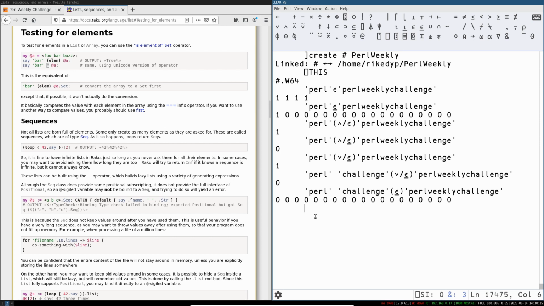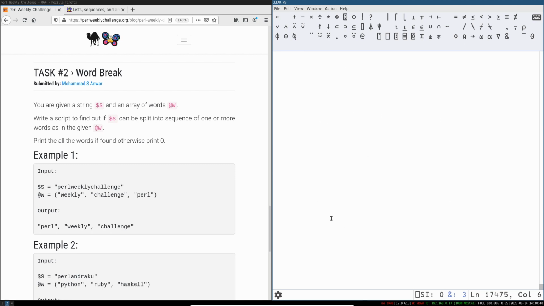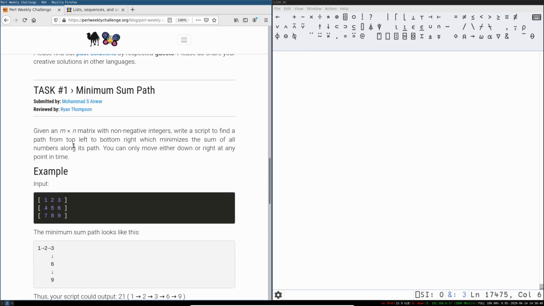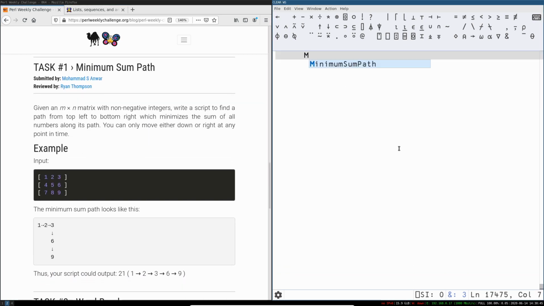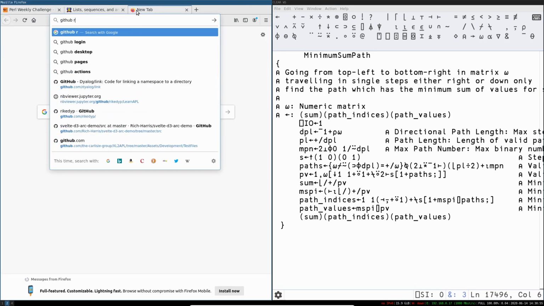Let's talk about my solutions before I ramble on for too long. Alright, so the first problem is minimum sum path, and it's quite involved, so I think I'll pop to the text editor in a moment. What I might do actually,